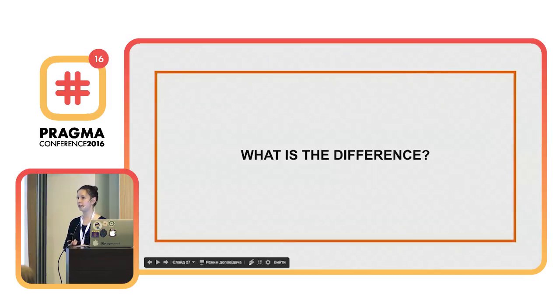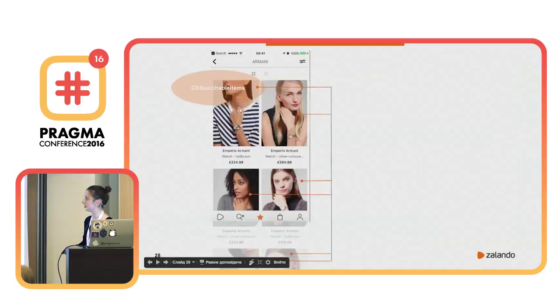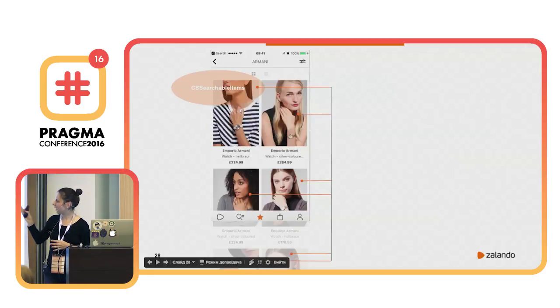So, as I say, you have this activity, you have searchable items, you have custom activity. What is the difference? Why can't I just use searchable items everywhere? Why should I have these two APIs? To show this level of abstraction, I made a picture, maybe not the best, but anyway. On the screen you have searchable items.